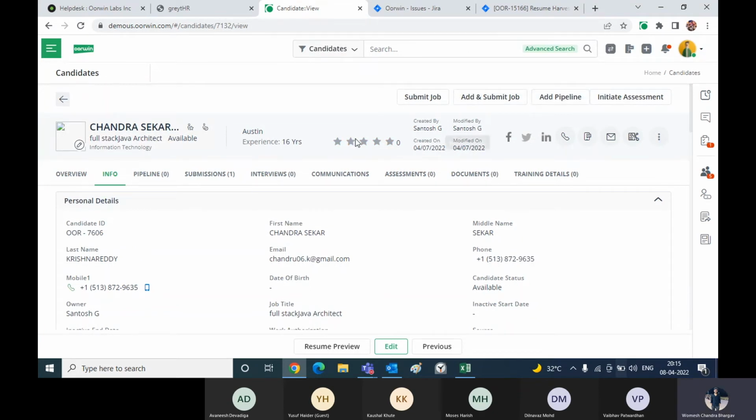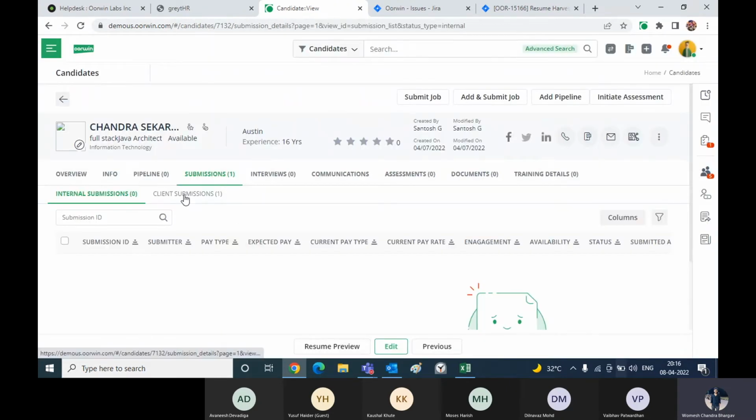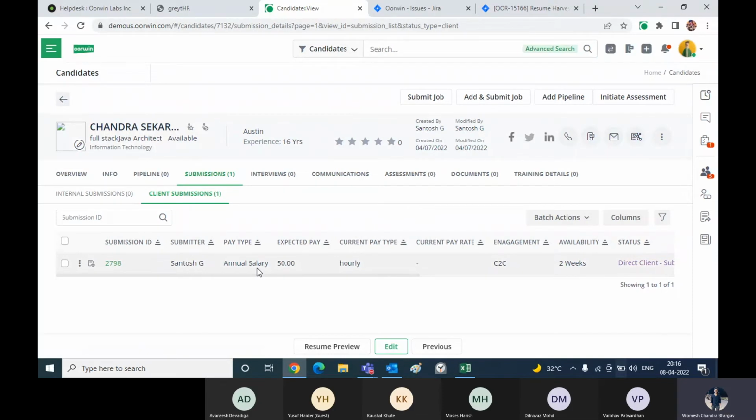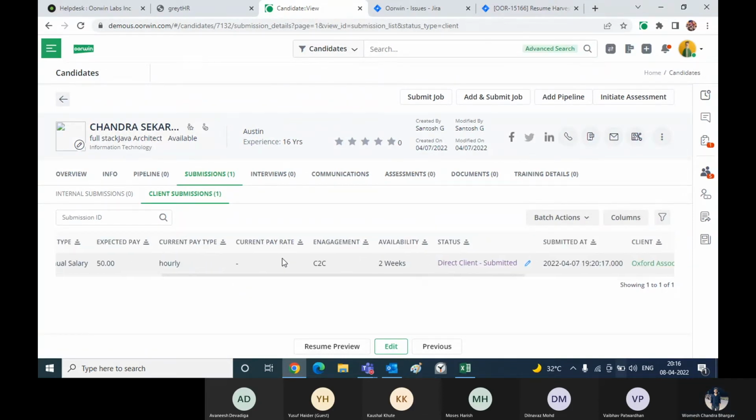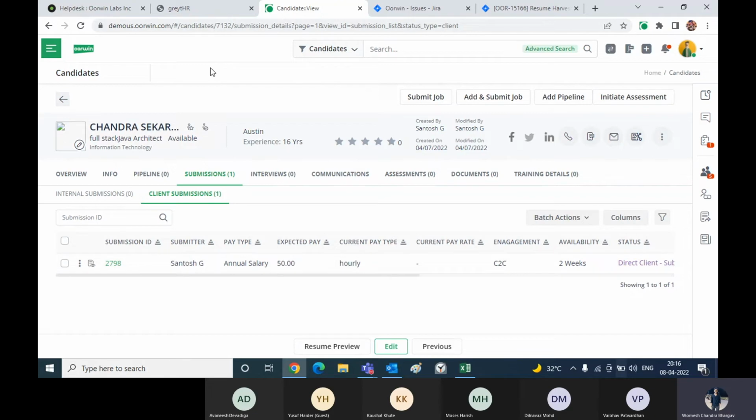You can click on the pipeline and see all the jobs which are in the pipeline for this candidate. You can click on submission and check all the job submissions which are made for this candidate. Most of the options which can be done from the jobs section can also be done from the candidate section.